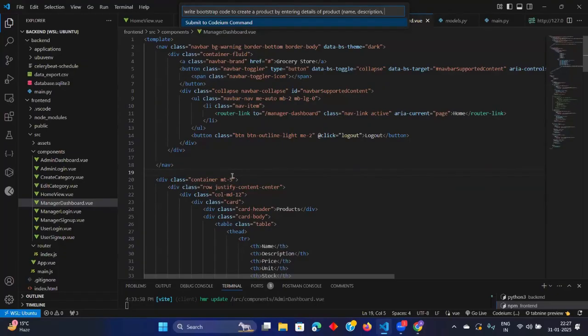Name, description, then sold. What is the other thing? Unit. Name, description, unit, stock, sold. Okay.